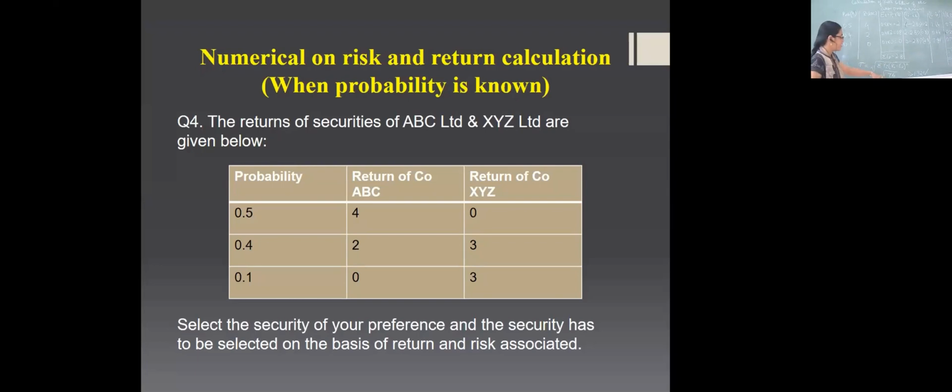Again, I'm repeating. Whenever you do not remove the square root of the standard deviation, that is your variance, again expressed as risk. But if you want to find out standard deviation, then you will have to remove the square root. So without removing the square root, your variance would be 1.76. If you remove the square root, the answer that you're getting is 1.326, which is standard deviation.